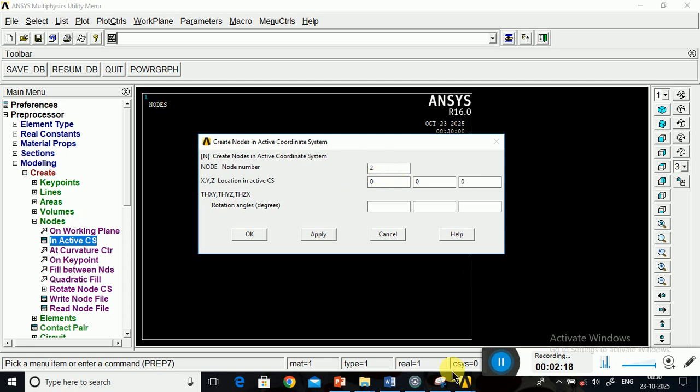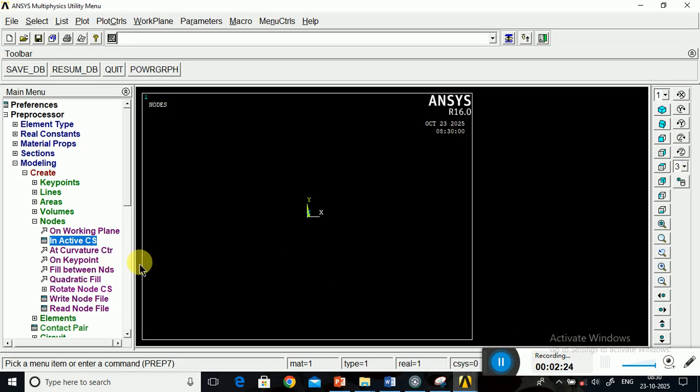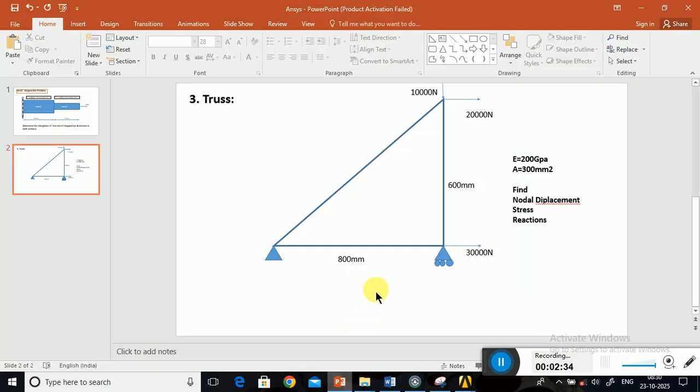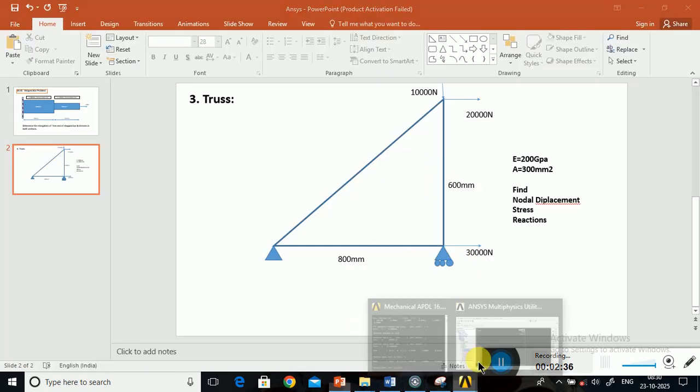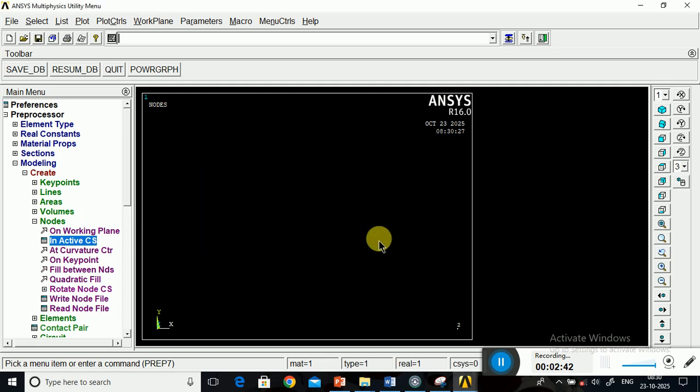For the second node, see the geometry, x is 800 mm and y is 0, apply. For the third node, x is 800 and y is 600, apply and okay. Just zoom out, so you can see node 1, node 2 and node 3.